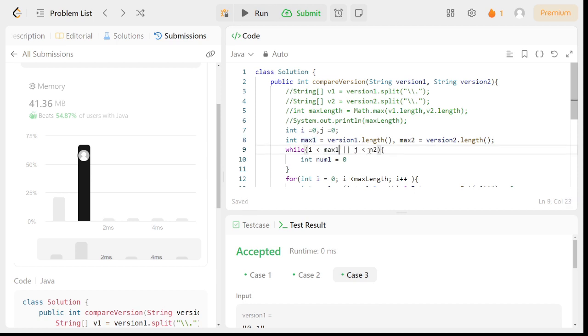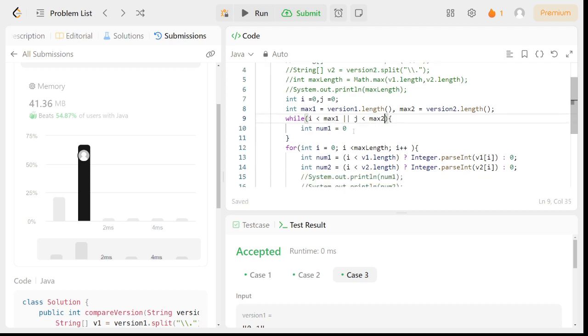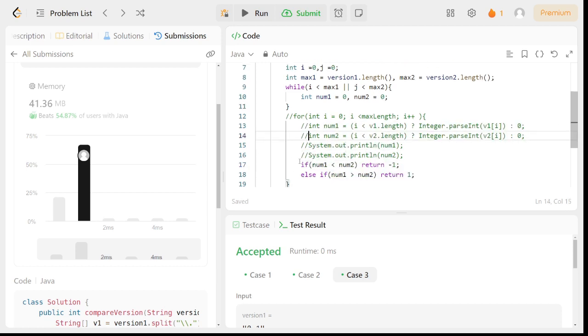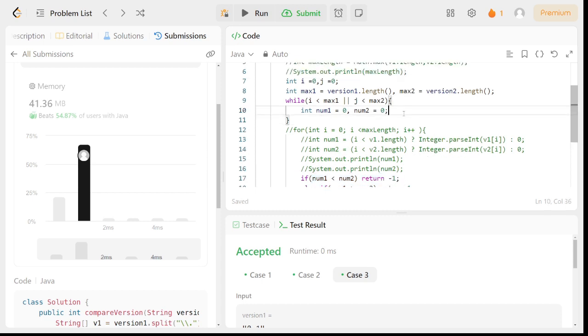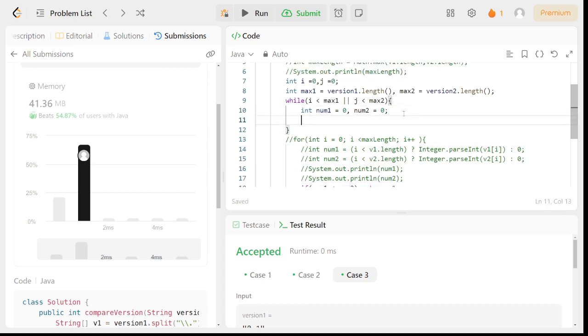That way we just have better variable names. So we're going to have int num1 equals 0, num2 equals 0. And what are we going to do? So let's comment out our for loop again, and we're not going to be using that. We might use this, we'll see. So what are we going to do? Well, now what we need to do is check. We need to get the number